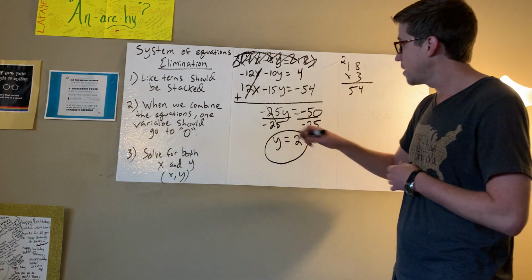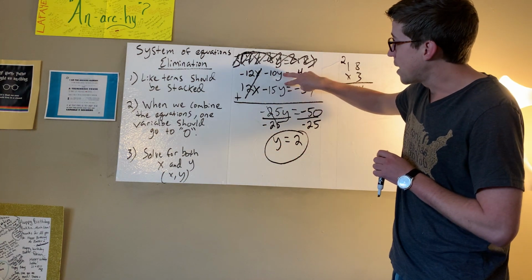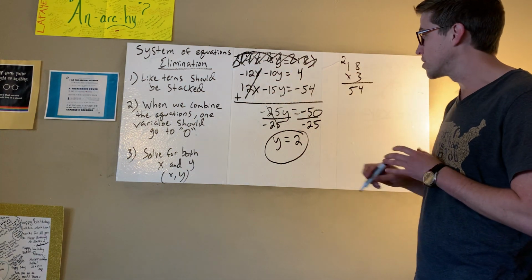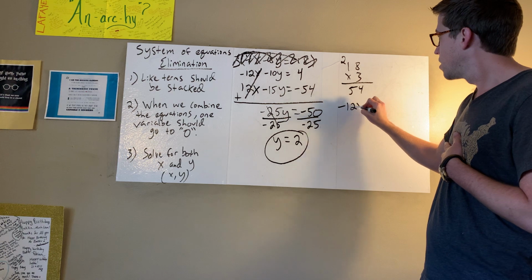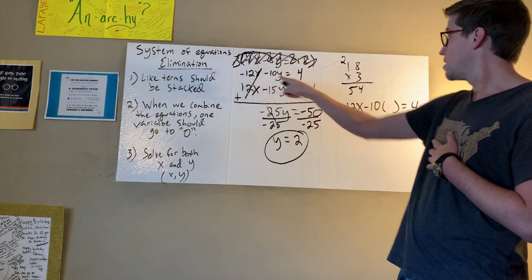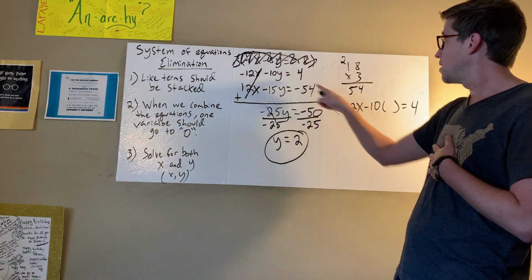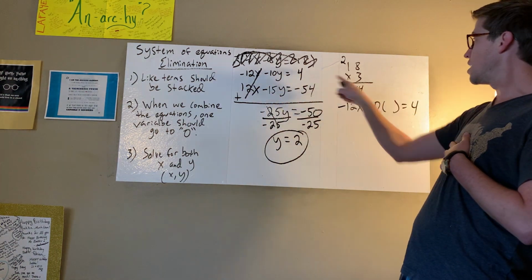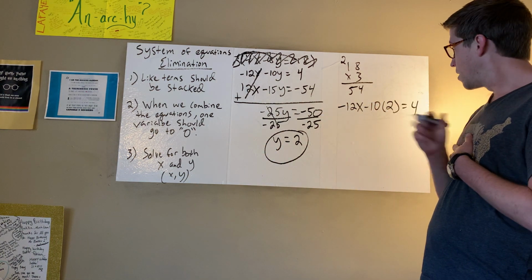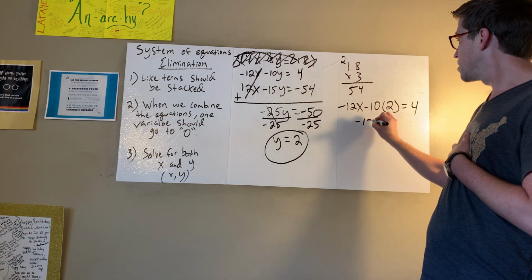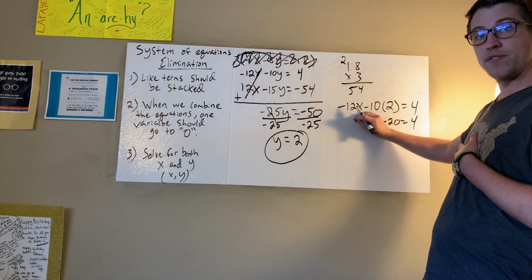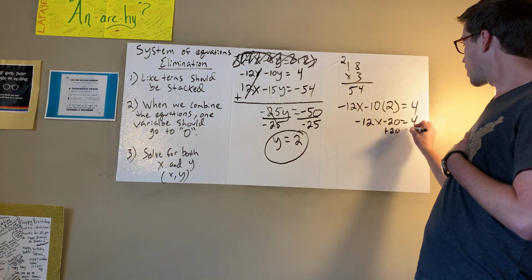And now we're going to take that and plug it in for one of the y's in an equation up here. I'm going to choose this first equation for no particular reason at all. So first I'm just going to write the entire equation the exact way I see it. Negative 12x minus 10, the y becomes a parentheses, equals 4. And now I have a nice spot for my y. Negative 10 times 2 is negative 20. Save the close number for the end. So we'll add 20 here